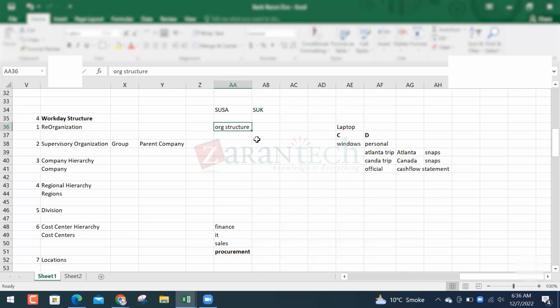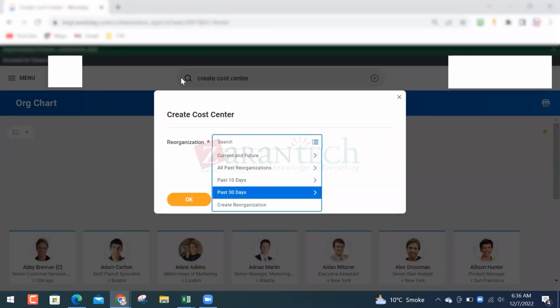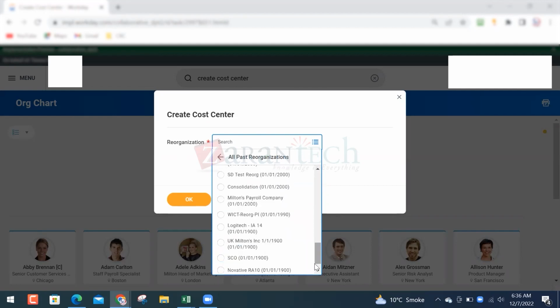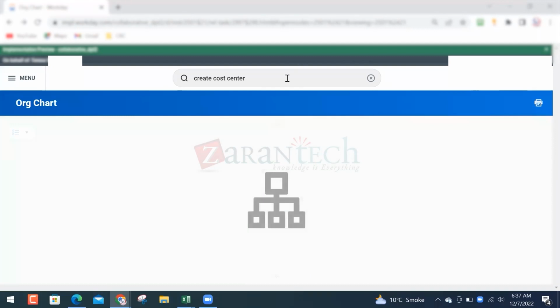Workday said that we have an organization feature. You can define any number of reorganizations in the system. Workday didn't define any reorganization by default. For example, this is a test environment, and we have a lot of reorganizations as per our needs. We have a report here. If I can run it for you,